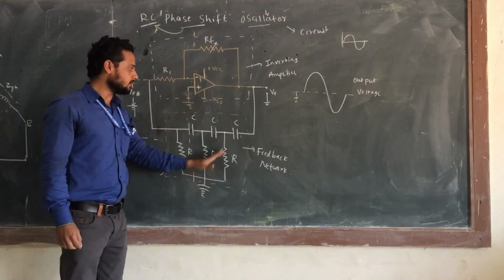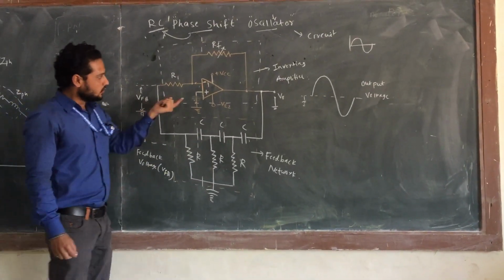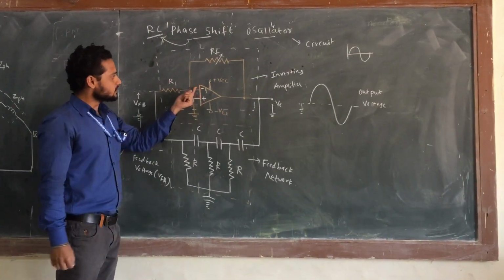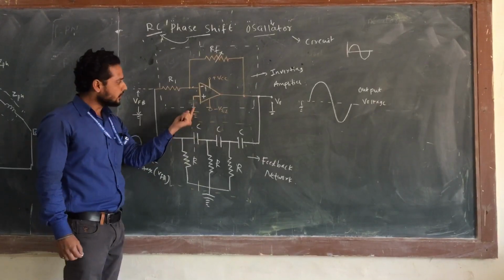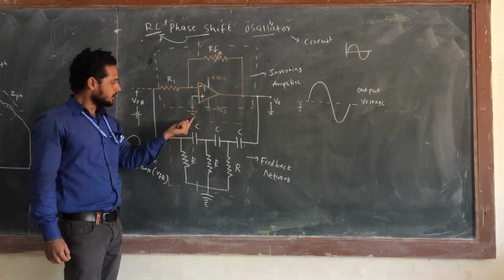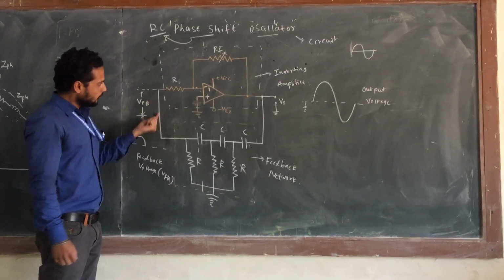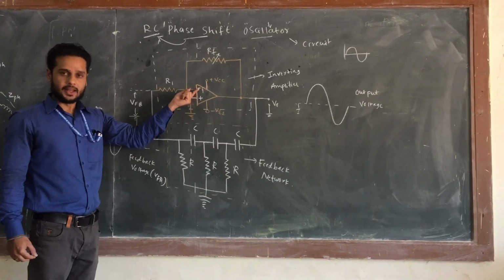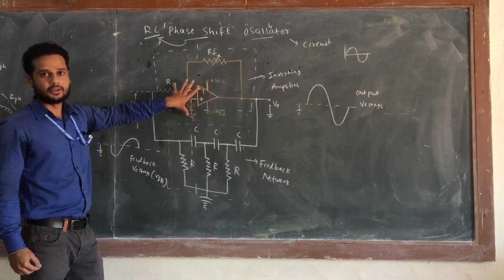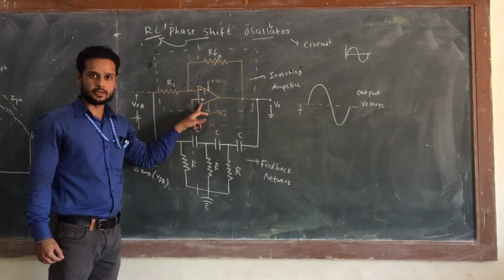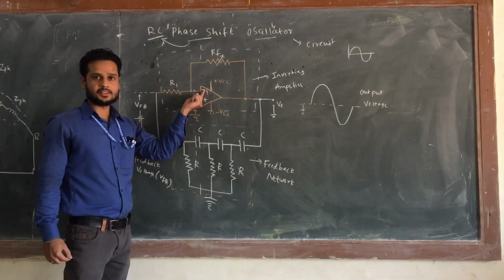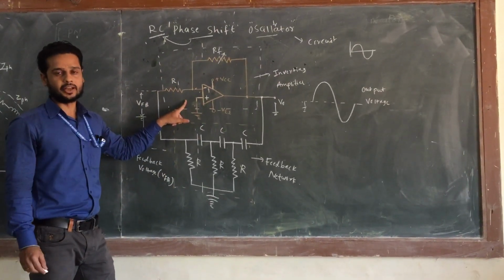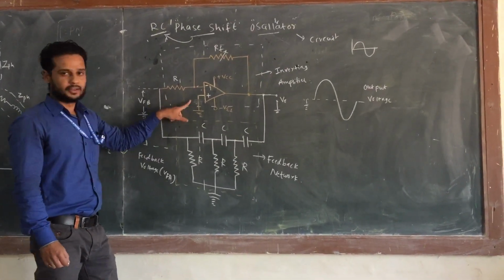Now you can concentrate on this circuit. Here you make use of the op amp symbol. Looking at the symbol, the non-inverting terminal is grounded, and the op amp receives input from this network at its inverting terminal. Hence this is nothing but an inverting amplifier. The non-inverting terminal is grounded and the input is received at the inverting terminal, so an inverting amplifier is being used here. You cannot make use of a non-inverting amplifier; that we will discuss at the end of this concept.